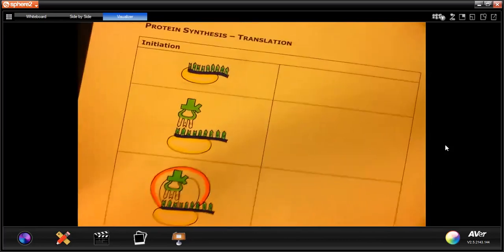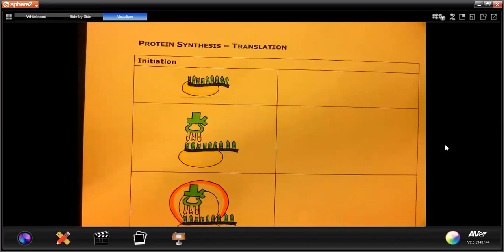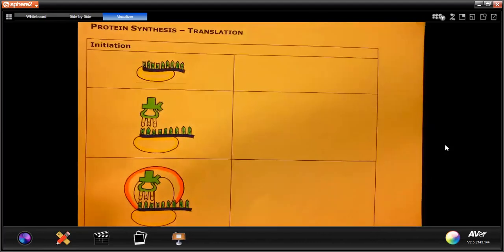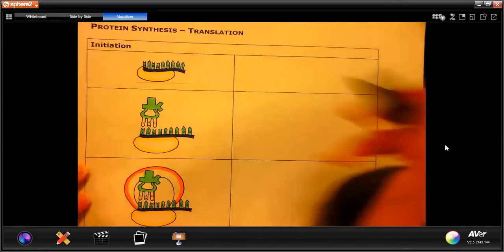Having said that, we're going to walk through the steps of protein synthesis translation through initiation, elongation, and termination. Please remember that initiation, elongation, and termination are also the words you would use for transcription and even replication as well. But in protein synthesis, they make that very certain. So the very first step that happens in initiation, either out in the cytosol or at the rough endoplasmic reticulum,